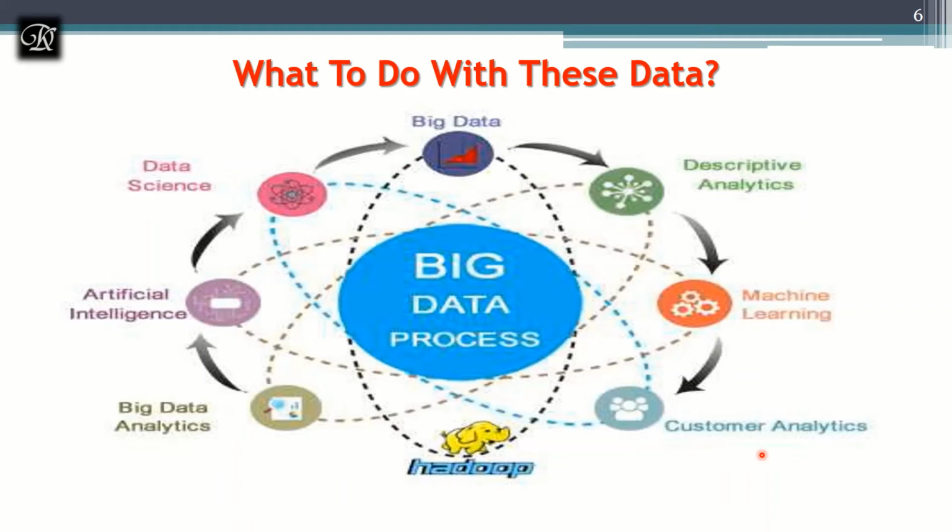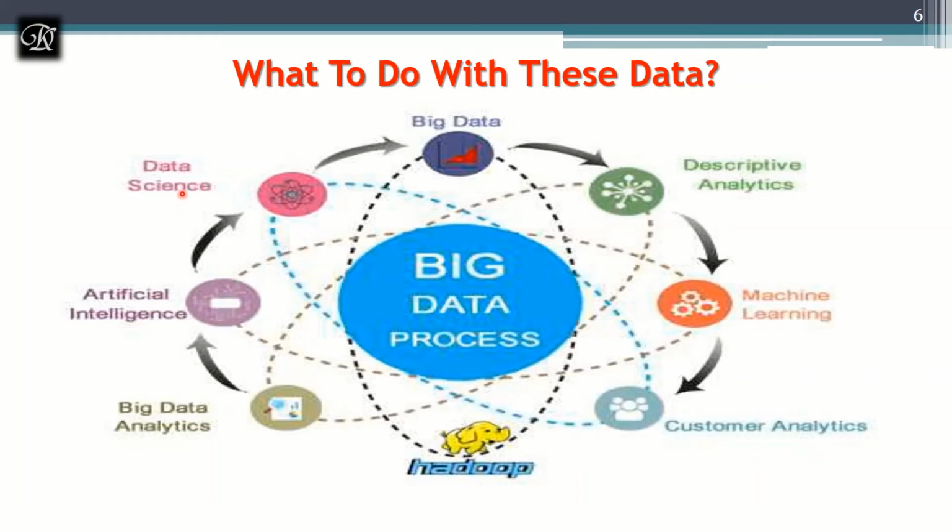Big data analytics: the complete data, whatever we take, based on the situation and the data, we apply multiple algorithms and extract the outcome. And next is AI, and you can notice AI and ML are closely connected, because both belong to the same category, but all these things work on the same data called big data. And next is data science. These are all booming terms you will get to know: data science, AI, machine learning.